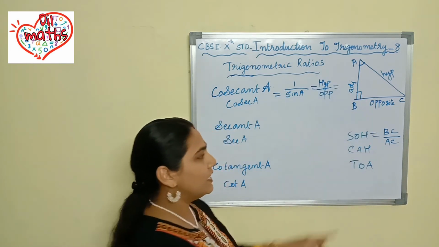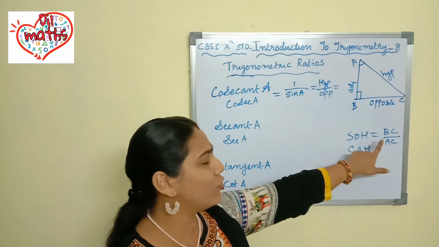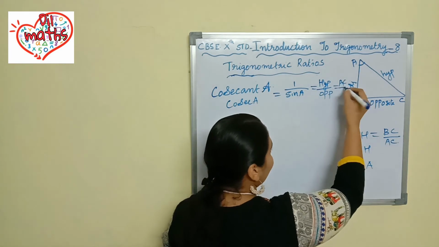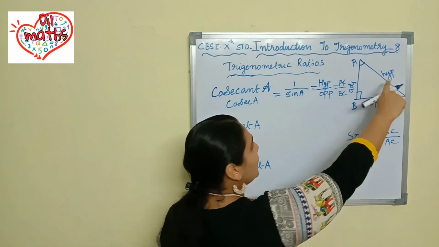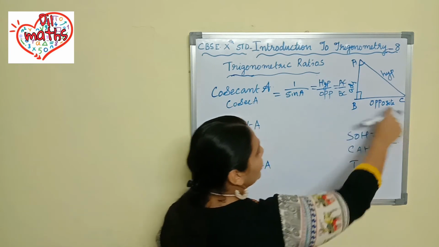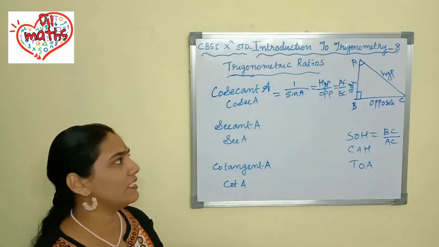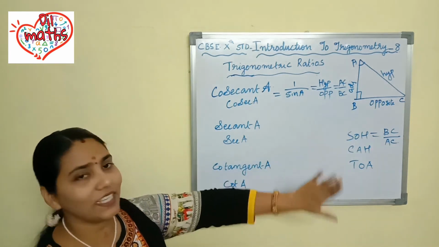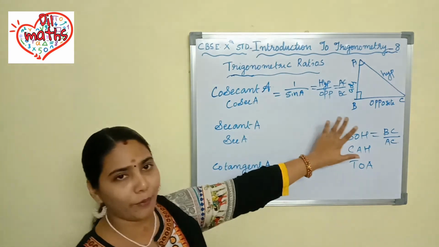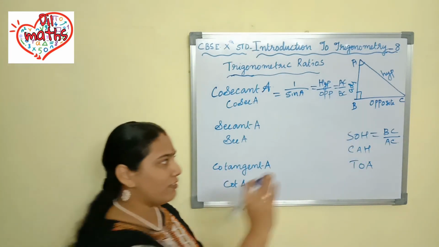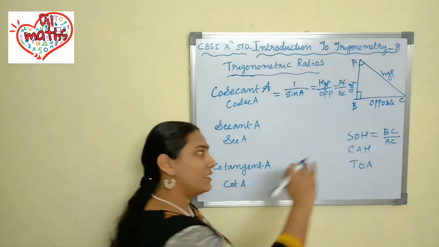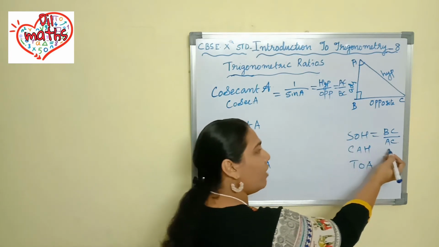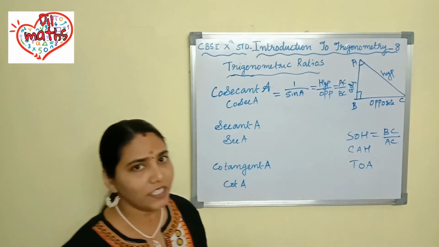Here we got that sine A is equal to BC by AC. Then what will be cosec? Reciprocal of that, AC divided by BC. What is AC here? Hypotenuse. What is opposite side here? BC. I told you what is opposite and adjacent with respect to A already. So if you know sine A, really you should just take a reciprocal. No need to go to hypotenuse divided by opposite like that. First find out what is sine. Sine A is equal to BC by AC. Then reciprocal of this one, AC by BC, will be cosec A.